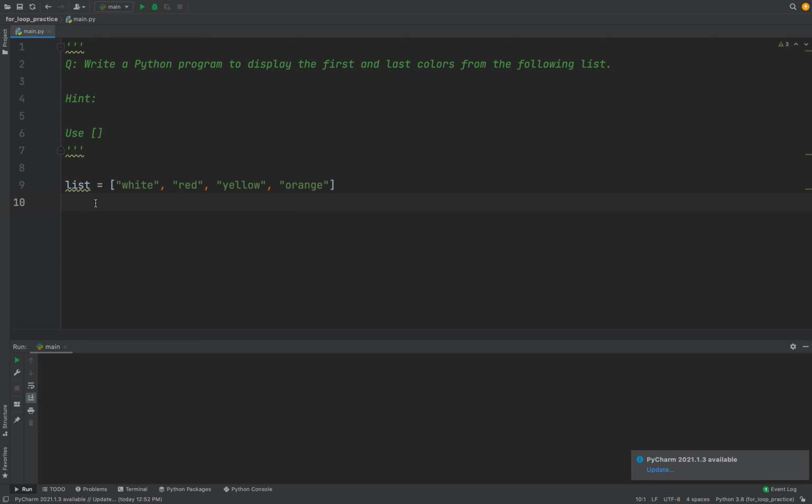So I'm going to use this variable list, and then I'm going to use square bracket to pinpoint the position of the first and last items. In this case, the first item is white, right? So recall that the first position starts from 0. So I'm gonna put 0 here, and then I'm gonna basically print